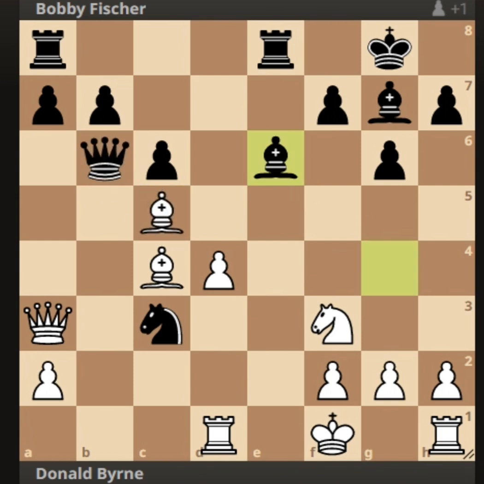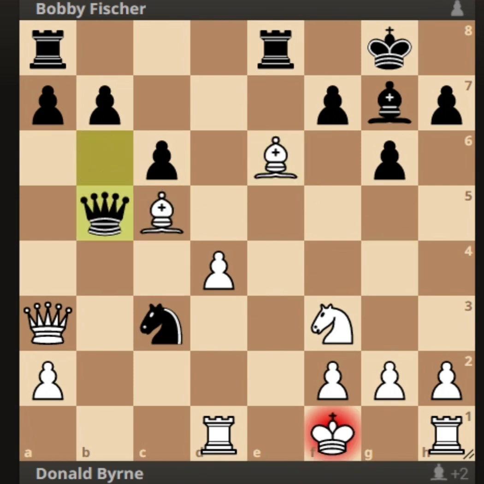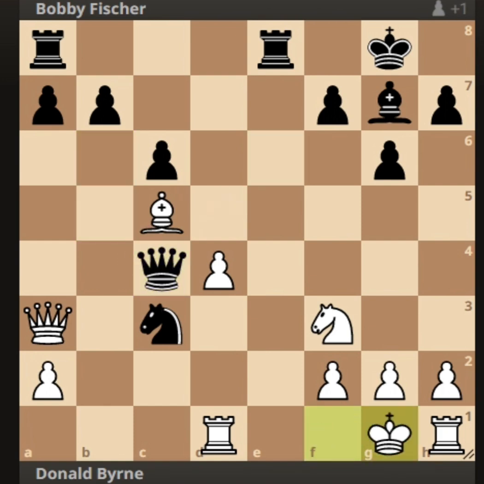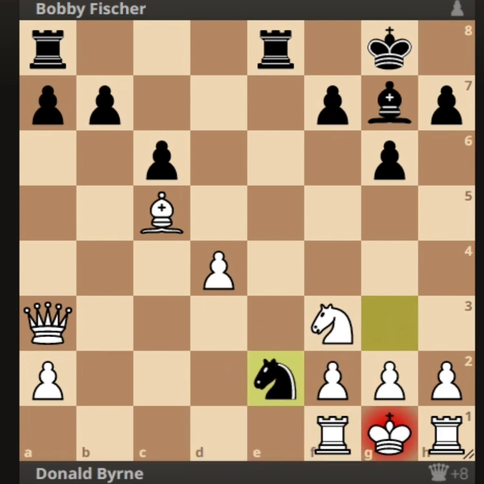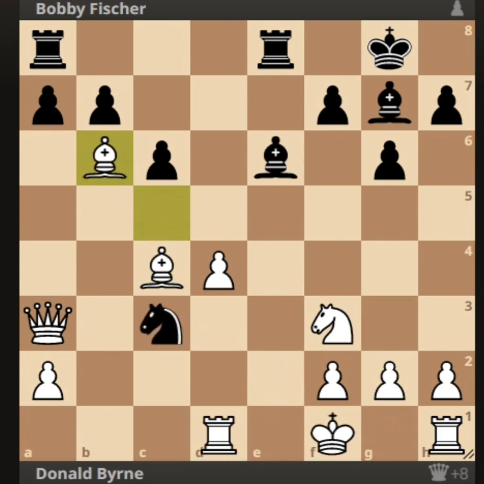bishop to b6. Now bishop to e6 can't occur because of queen to b5 check, bishop c4, queen takes c4, king g1, knight e2, king f1, knight g3 check, king to g1, Qf1 check, rook takes f1, and knight e2 is a smothered mate. So Byrne has to play bishop takes b6, and here Fischer took this bishop with bishop to